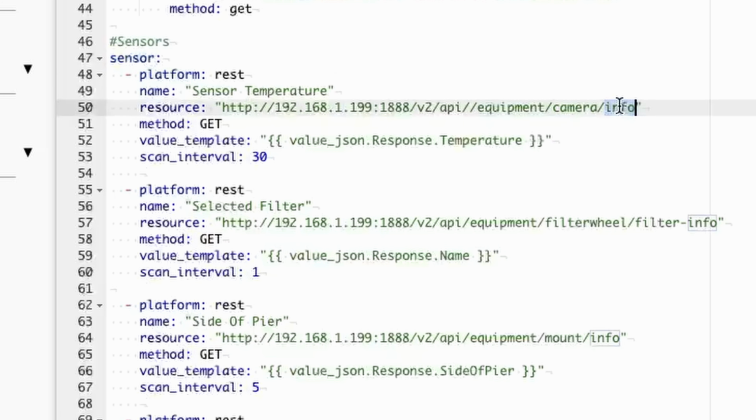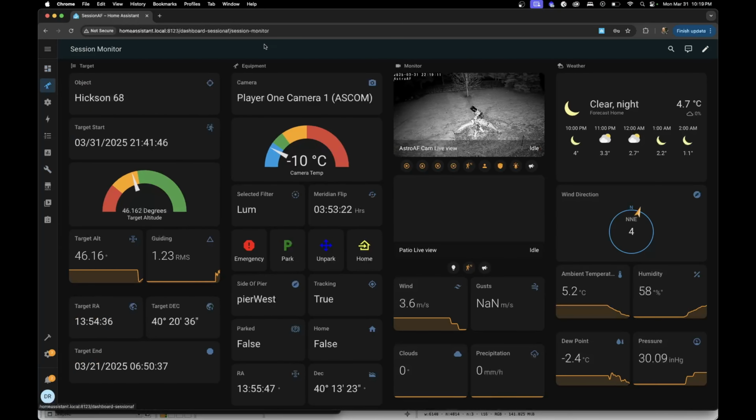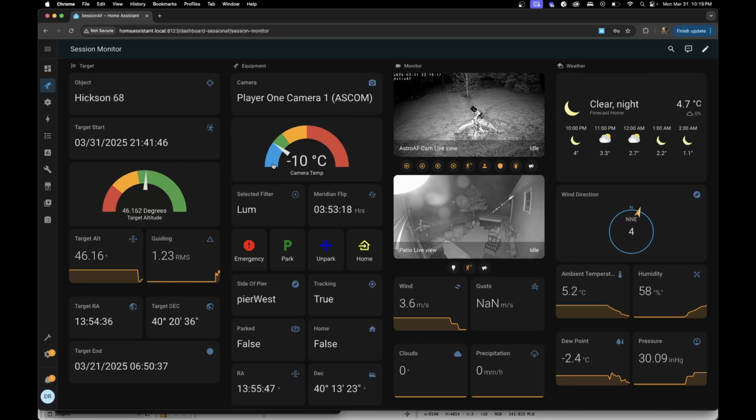So our camera info that I was showing in the API, we make a GET request to that. And then this value template is the data that comes back that's in JSON format. And we're looking for the temperature property out of that. And that gives us what populates the camera sensor temperature, which is right here in this visualization for negative 10 degrees Celsius. If I go in and edit this